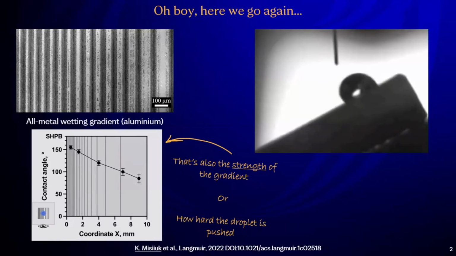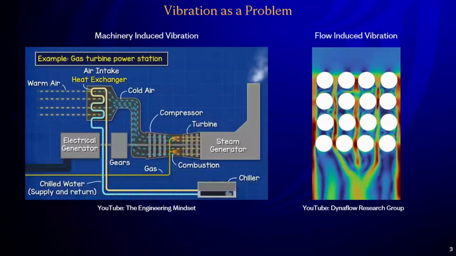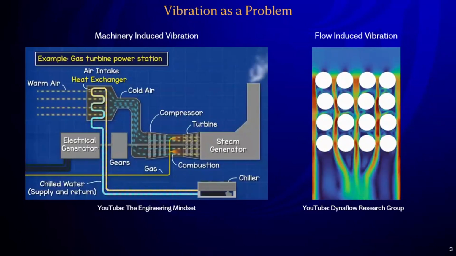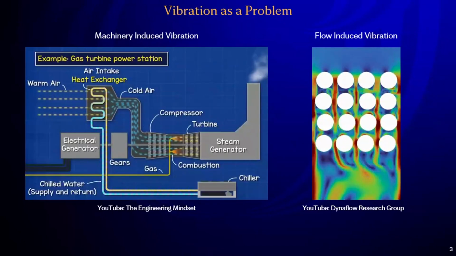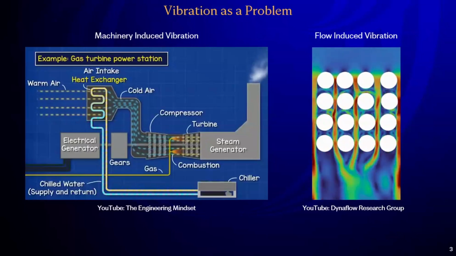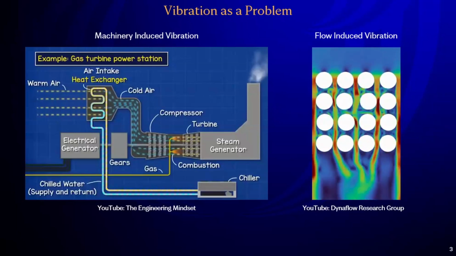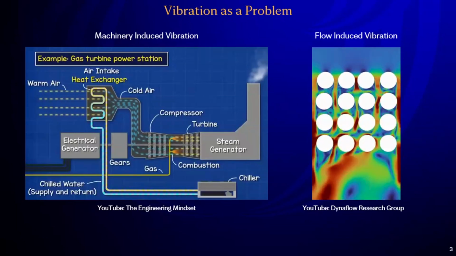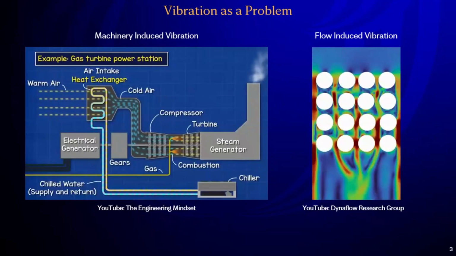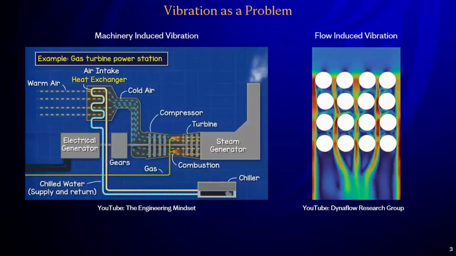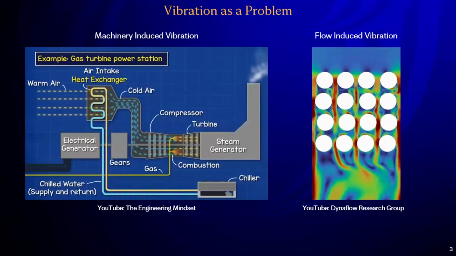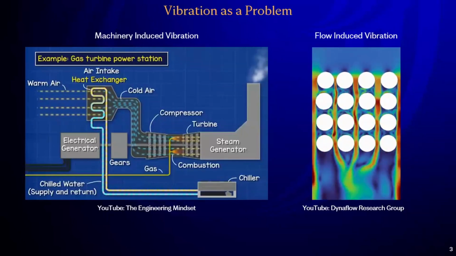But the question is, okay, where is the vibration in all of this? Not yet. The vibration comes from a slightly different direction. If we think about energy generation or energy transformation, we usually think about power plants, heat exchangers or other elements of these systems. And we have two major sources of vibration. The first one is the machinery itself. We have pumps, spinning shafts, turbines, etc. All of this, even if we don't want it, will still generate a certain level of vibration.